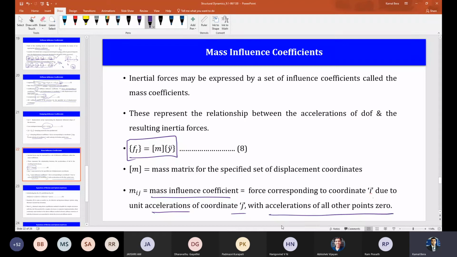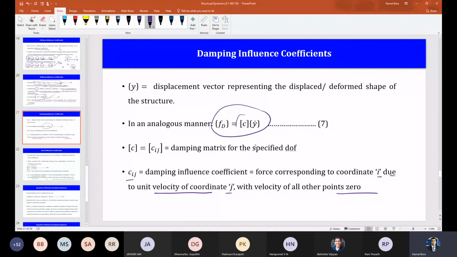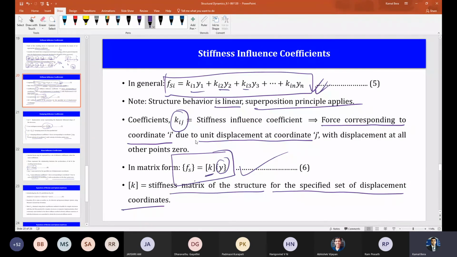Okay, but we usually do not obtain M, and at least C, we never obtain in this way. It is impractical actually. So we will obtain C, that is the damping matrix, using the modal damping ratio, that is zeta. That we will discuss later. But the K matrix can be obtained for a simple system, the way I have discussed here. Okay.